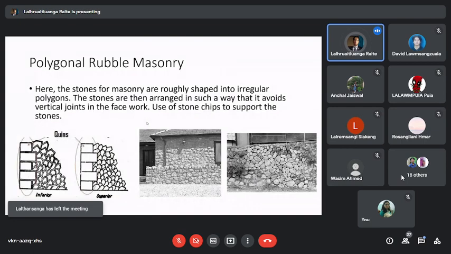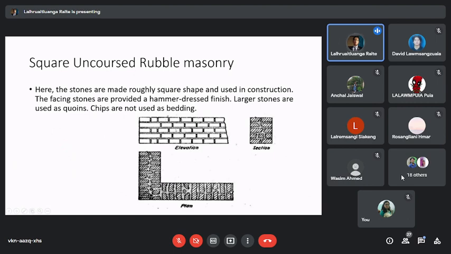Stone chips are used to support the stones. So here we have polygonal rubble masonry. From the photos, you can see that even in the polygonal rubble masonry, on this particular wall, there is a pattern. If you compare the two patterns, you would find that on this wall it kind of mimics the regularity you would often find in the other masonry. But the idea is that the mortar and the joints are acting together to hold the masonry,